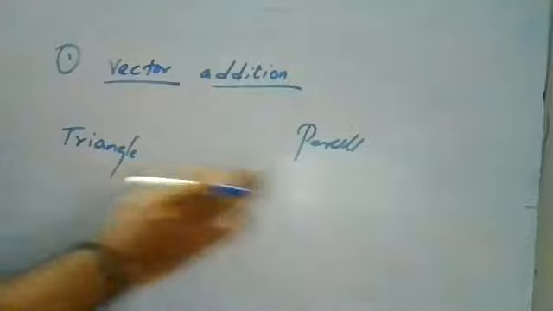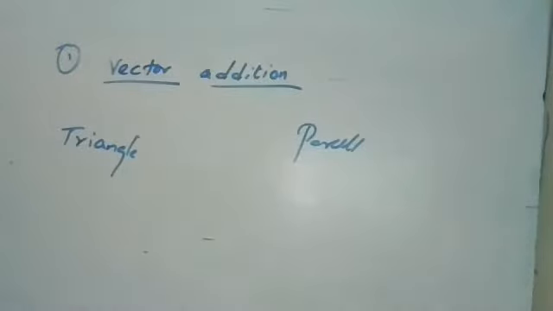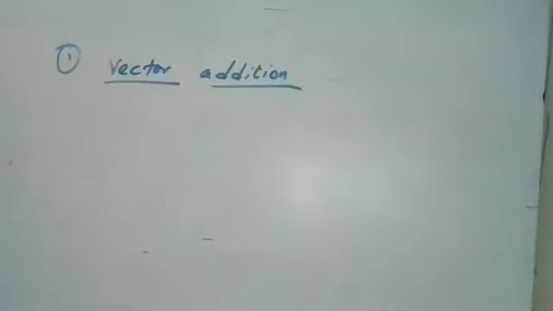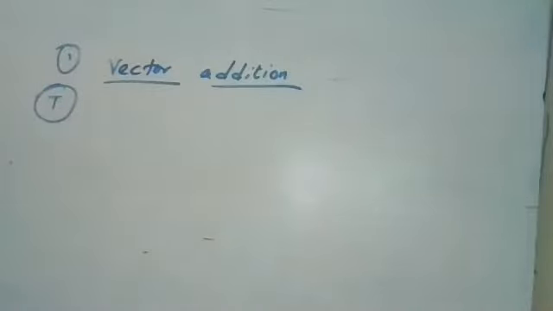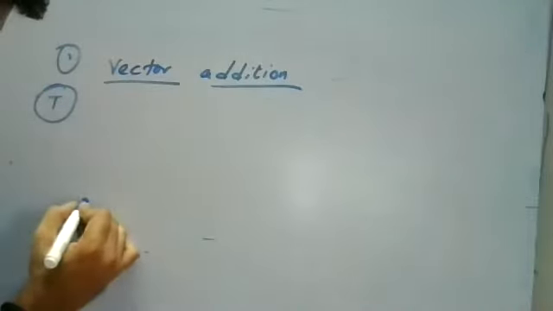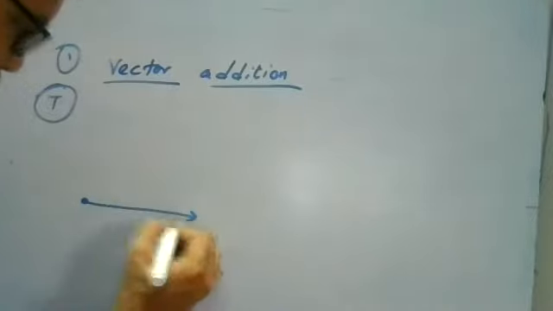For both of these, the relations and formulas are the same, but only the relations change. Correct? Okay, we'll see how the relations look. First of all, we'll see the triangle. Assume there is a vector, so it has a fixed point. A vector has started at a starting point.